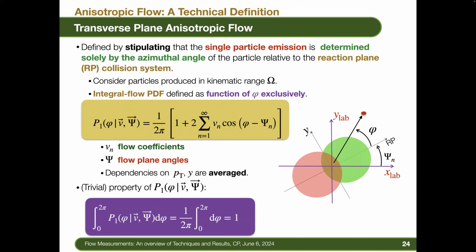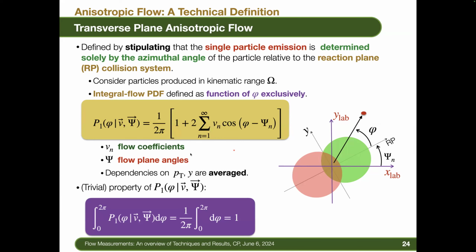So this angle psi is what we call the angle of the reaction plane relative to the lab frame. So we're now going to say, okay, the particle distribution relative to the reaction plane is going to be described by this angle